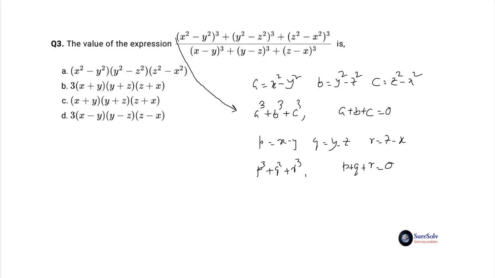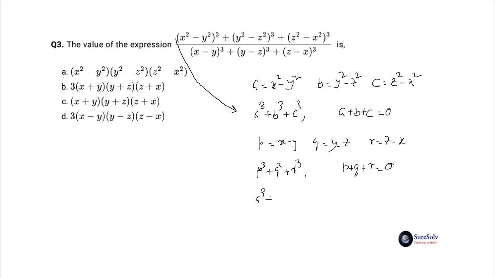You have used the dummy variables a, b, c and p, q, r to abstract the two sets of compound variables and brought out the hidden useful relationship of sum of cubes and three variables zero sum. Apply straightaway the zero sum of three variables principle on the numerator and the denominator both and get a cube plus b cube plus c cube equal to 3abc and p cube plus q cube plus r cube equal to 3pqr.